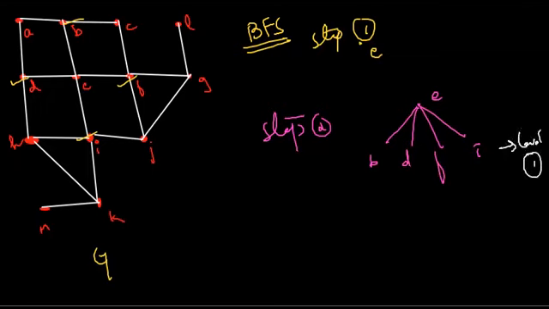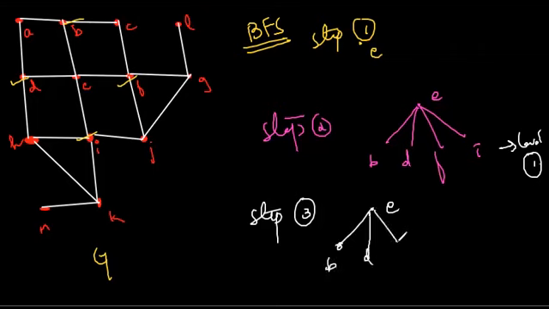Now next, the edges from those vertices at level 1. We first select B. Which vertices are adjacent to B? We have A, C, and E. E is already in our spanning tree, so we leave it and consider A and C. So for B, we add A and C. Similarly for all the other vertices of level 1, so let me write it. We have E, then B, D, F and I. After that, for B, we have A and C.